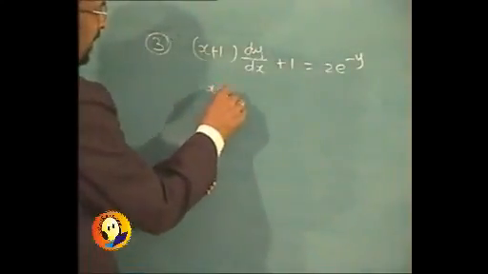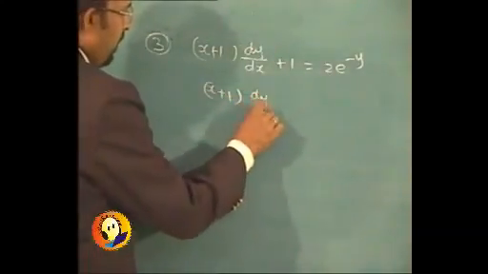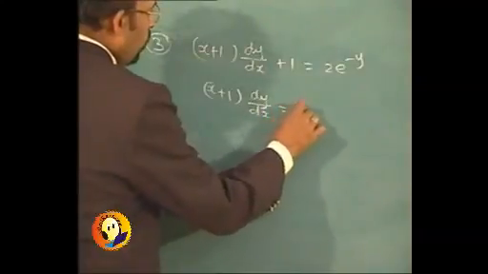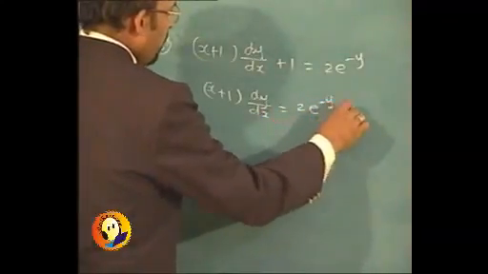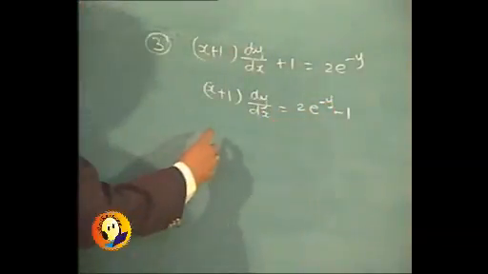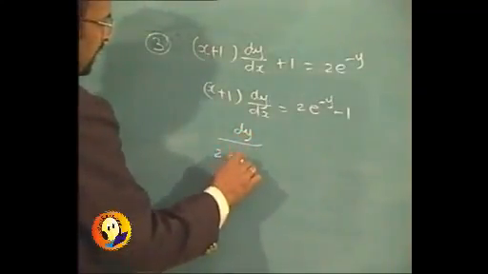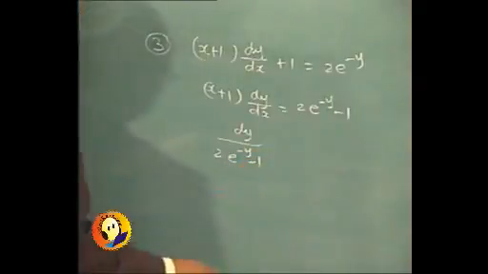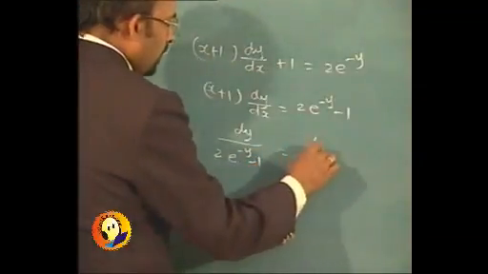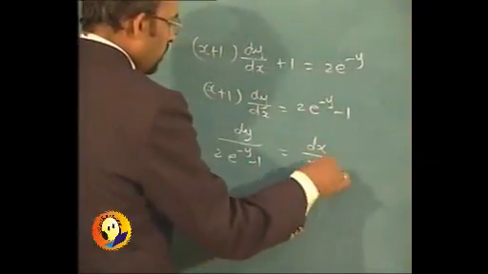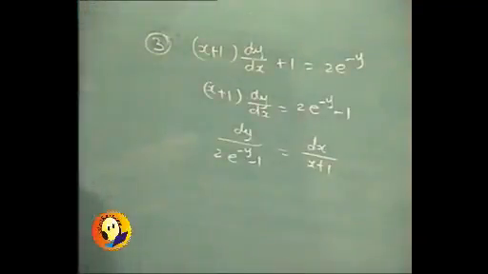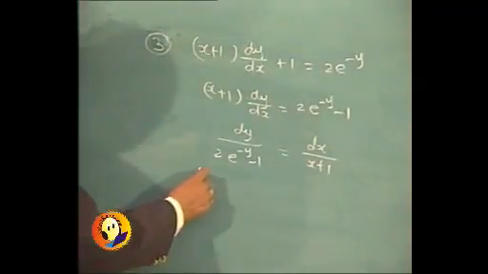So we can write it as (x plus 1) dy by dx equal to 2 e raised to minus y minus 1, which can be written as dy upon (2 e raised to minus y minus 1) equal to dx upon (x plus 1). So it appears in the variable separable form now, and we will be integrating both sides,